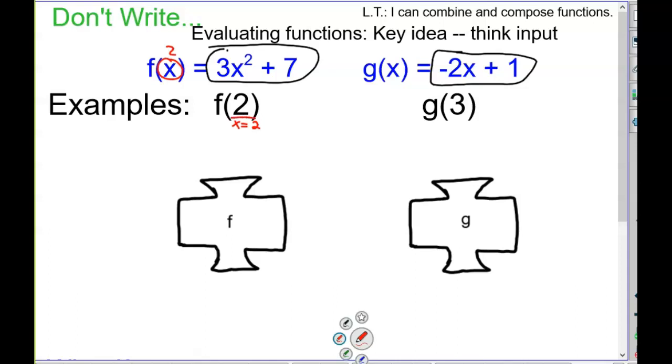So what happens is x equals 2 goes into the function f. Something happens. It happens by the rule. So what happens is we take the x, we square it, and then we add 7. Okay? So we do proper order of operations. So 2 squared is 4. 4 times 3 is 12. 12 plus 7. And what happens is we get an output. Now it's important to think the 2 is the input. That's what goes into the function. The 19